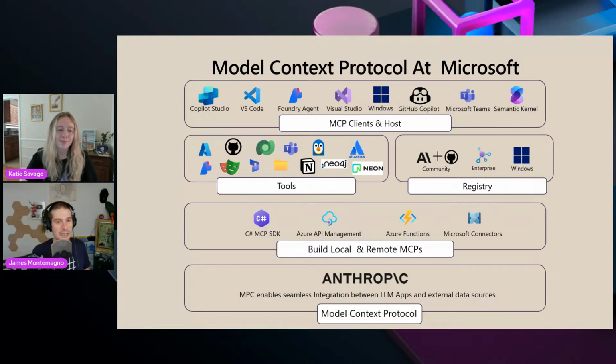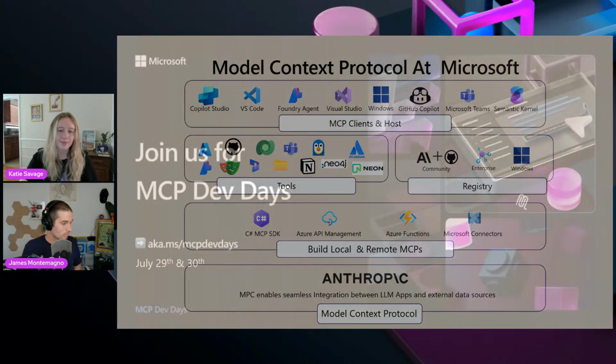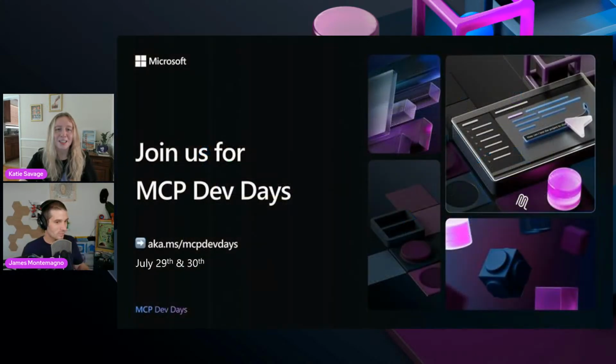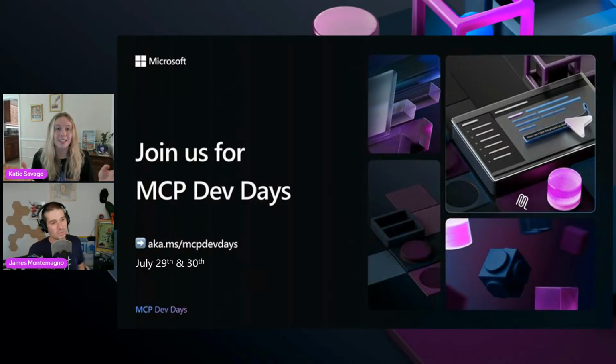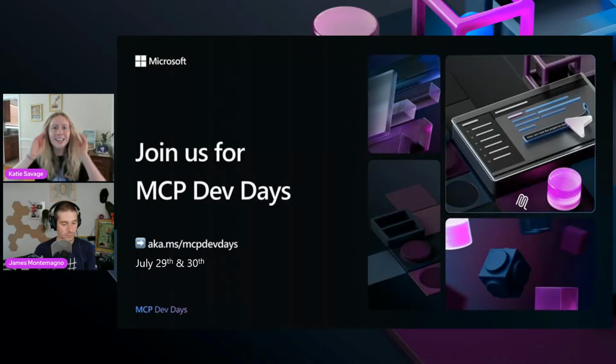And you've already seen tons of MCP announcements as well. Totally. I feel like that slide, we needed like a horn. There's a lot going on and there's a lot to learn. This was just a taste to give you that foundation level knowledge about what an MCP even is and how you can use it and how you can build your own server. But we do have a lot more coming up all around MCPs.